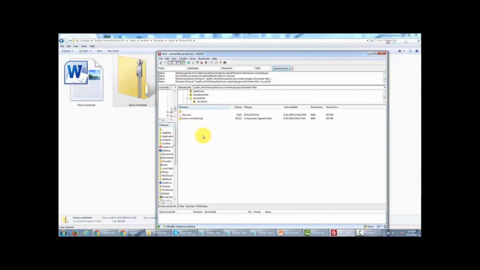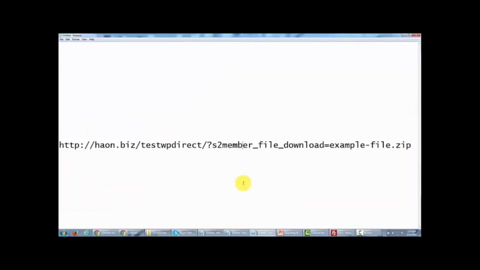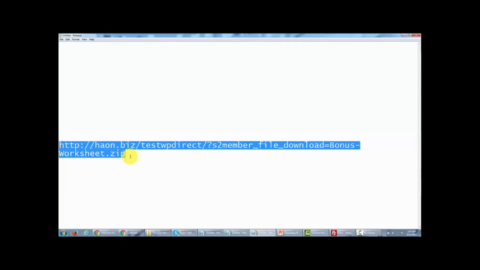So now what we need to do is name this link according to the convention that we talked about a minute ago. If you recall, we said that we needed to name the file according to our URL, according to that directory, with these words, and then instead of example file, we're going to put in the name of our file. So now we have the file ready to be uploaded using bonus-worksheet instead of example file. So what we're going to do is copy this,